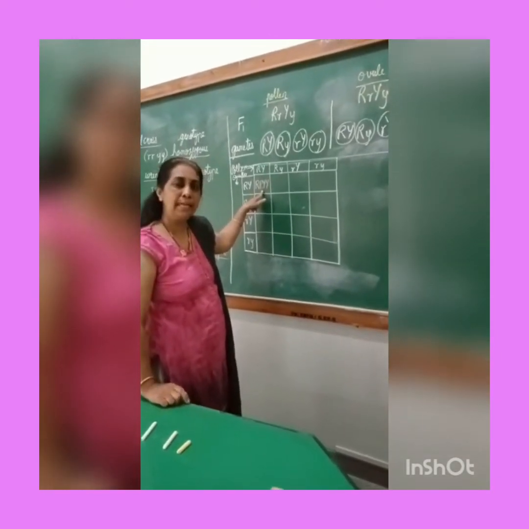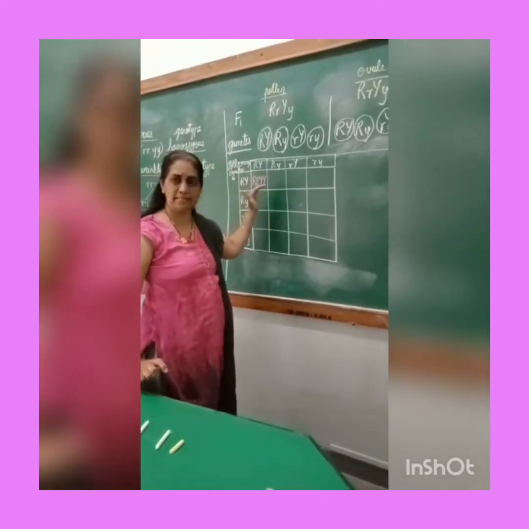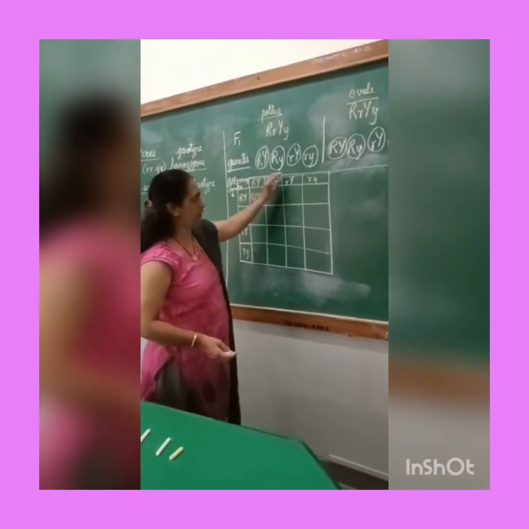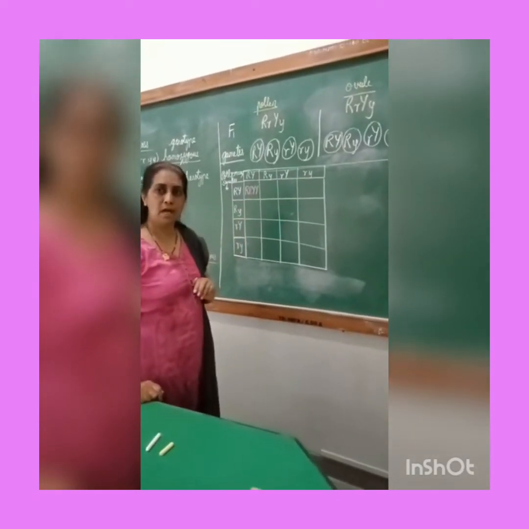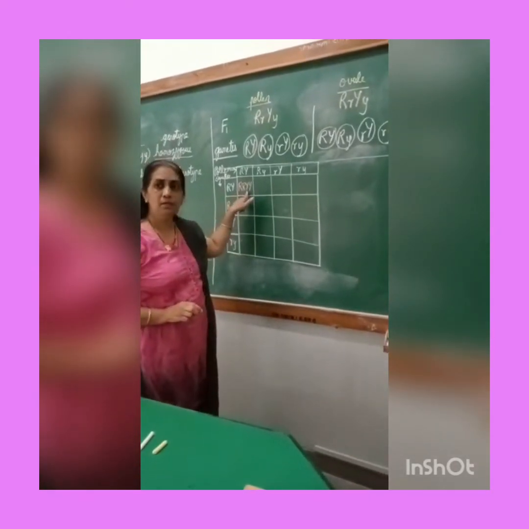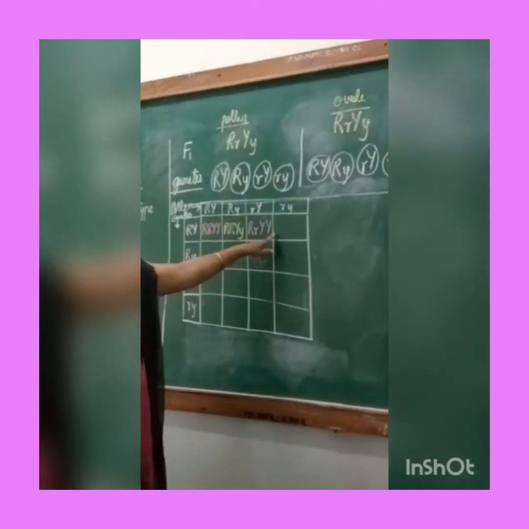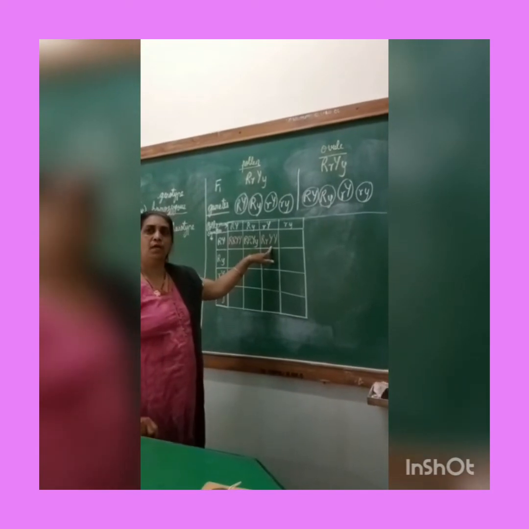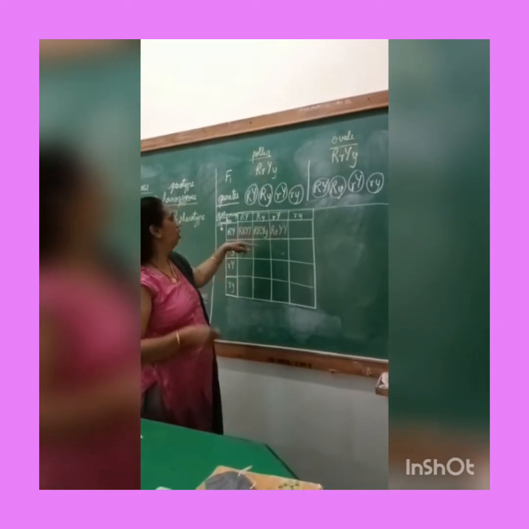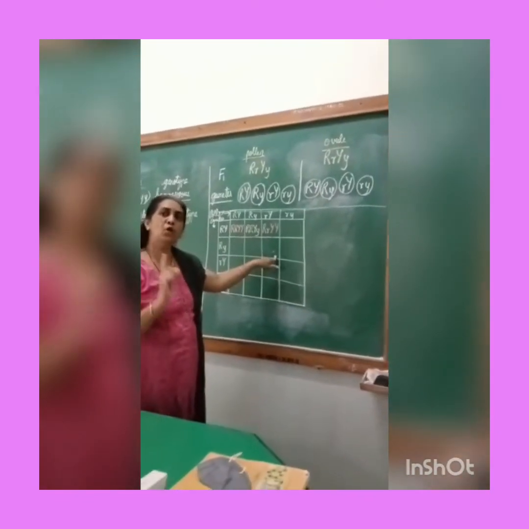Understood? Can you make the further combinations? Easy. It is extremely interesting, very interesting. We only have to go one step at a time. So we will combine this ovule with each and every pollen, and we will see what is the outcome. Okay. Now here we have got the first combination. Pollen, both are capital over here. Understood? So this is the third type of combination that we have got. Even if the genotype is different, how will all of them look? All of them will be rounded and yellow, because each and every one has got at least one dominant gene.